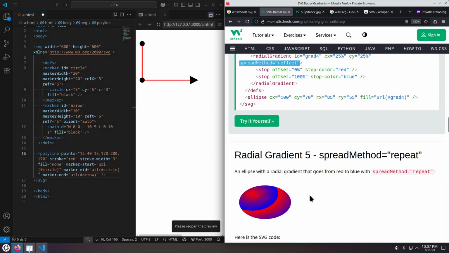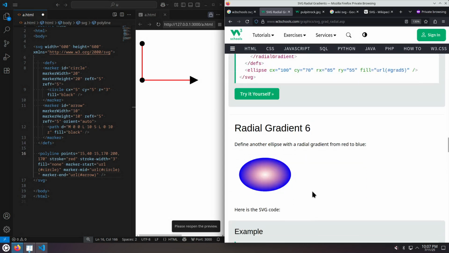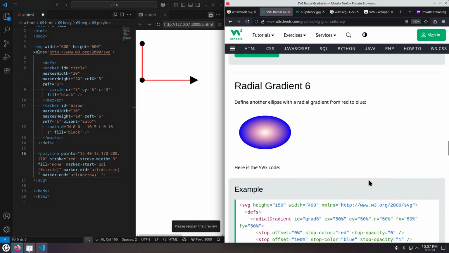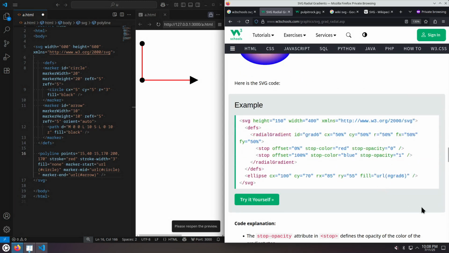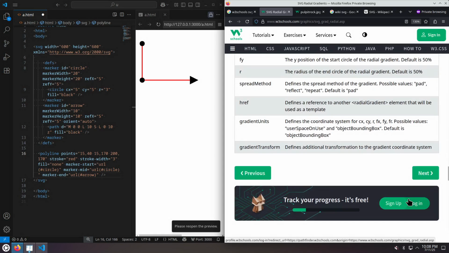Repeat radial gradients. Radial gradient from red to blue. Okay. Next,